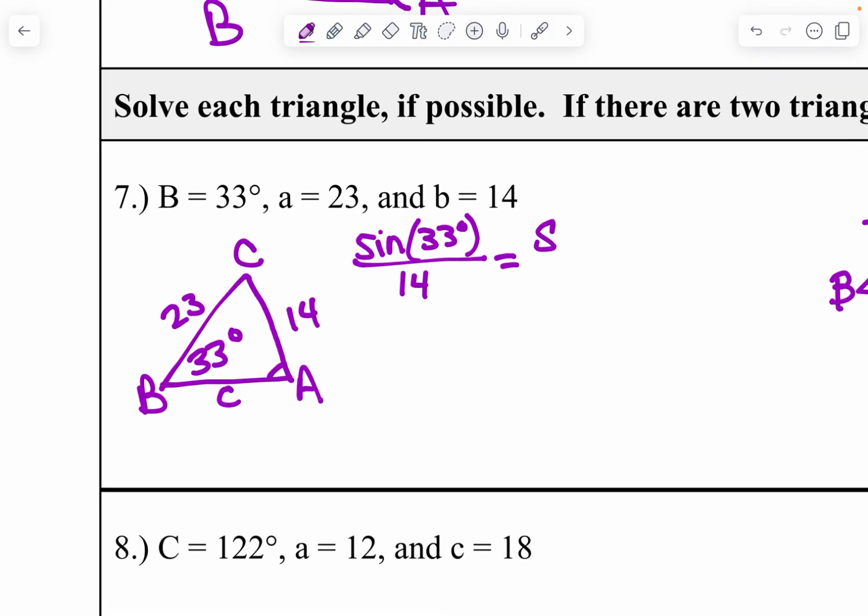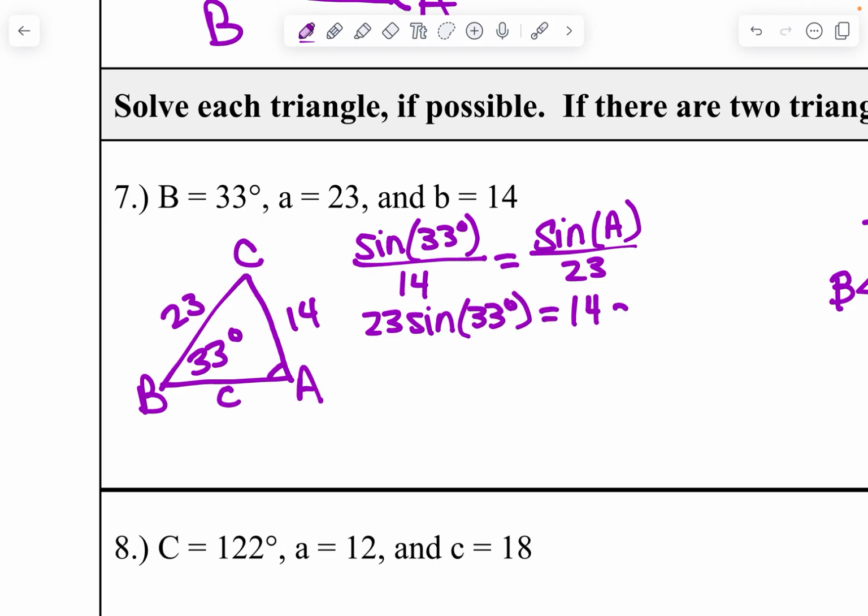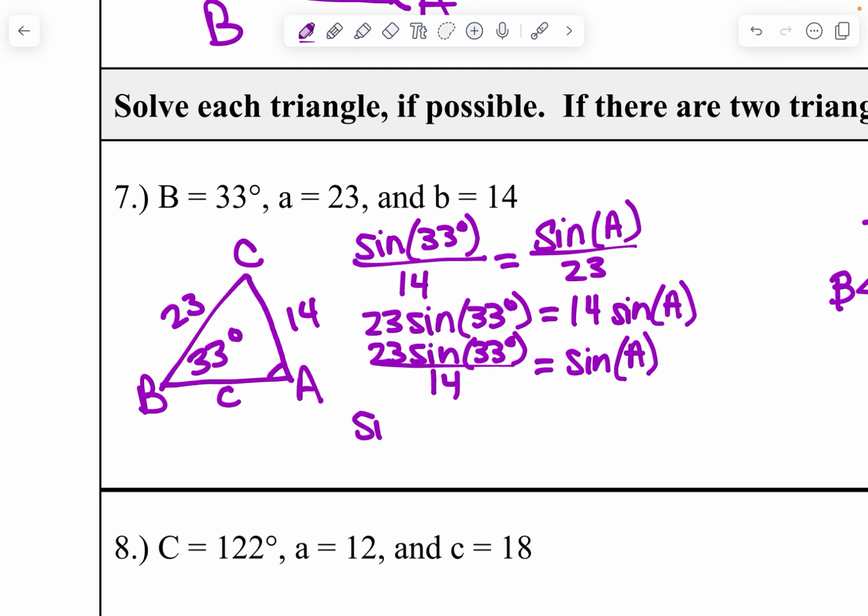That will equal the sine of A divided by 23, and we can solve for A. So we'll cross multiply, we'll have 23 times the sine of 33 degrees equals 14 times the sine of A. And so we'll divide by 14. And then we'll do the inverse sine to solve for that angle measure. So the inverse sine